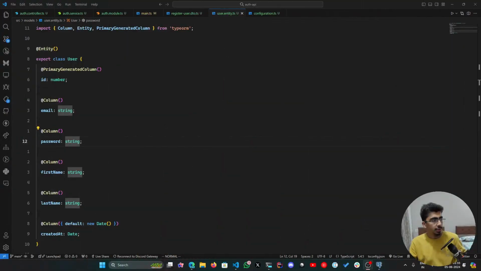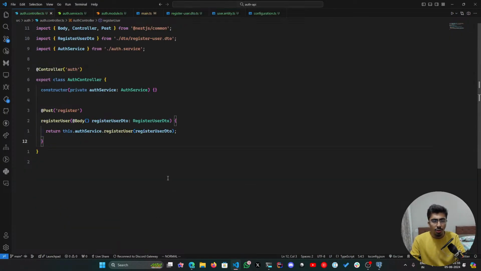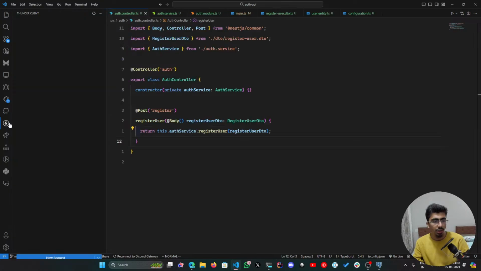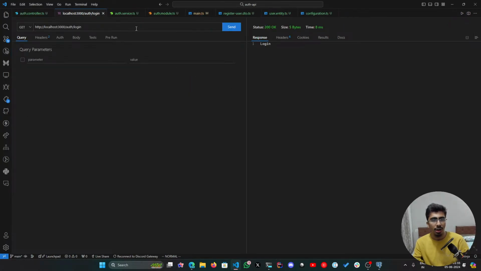All right. So coming back to this. Let's test this endpoint out. So let's go under client, and we're going to use register, and this is going to be a POST request, and the body is going to contain